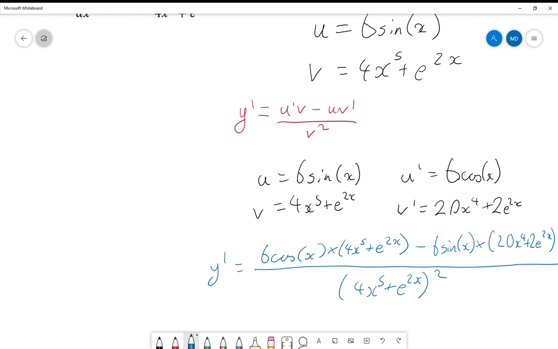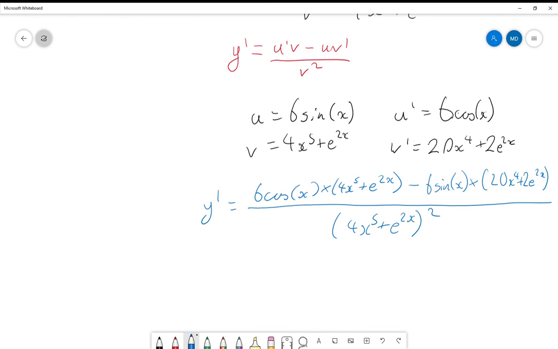Now, in terms of simplification, there's a little bit we can do here, gathering like-ish terms. I'm going to write this as, I'll expand out the top. The denominator we don't want to expand out, that's not going to get nice. So we're just going to leave that as 4x to the 5 plus e to the 2x squared. If we expand the numerator, we're going to get 6 cosine of x multiplied by 4x to the 5. Well, that's going to give us 24 cosine of x multiplied by x to the power of 5 plus 6 cosine of x multiplied by e to the 2x